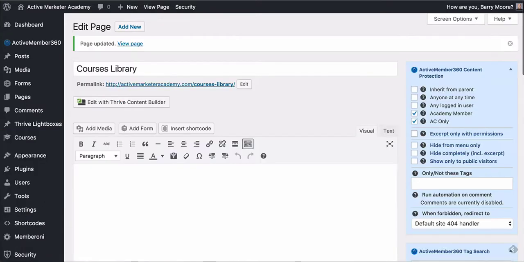So I've got my membership levels set up on whatever pages. So here's my course library page. I have to make sure on my course library page that Academy members can see the course library, and AC only can see the course library as well. Then when that person logs in, let's say an AC only person logs in,